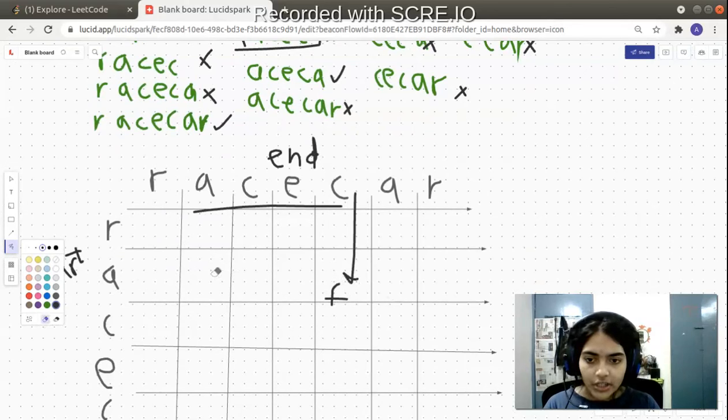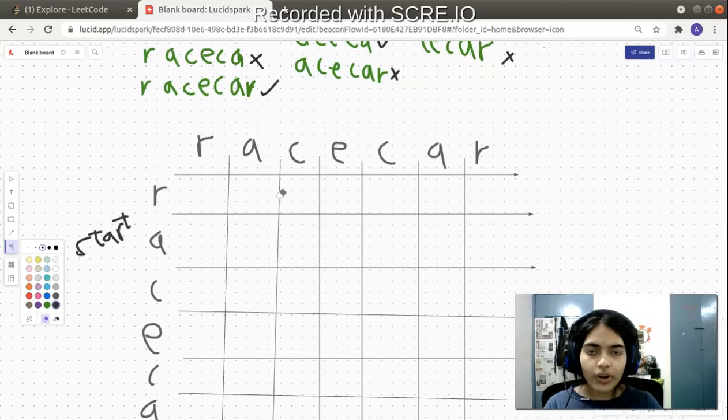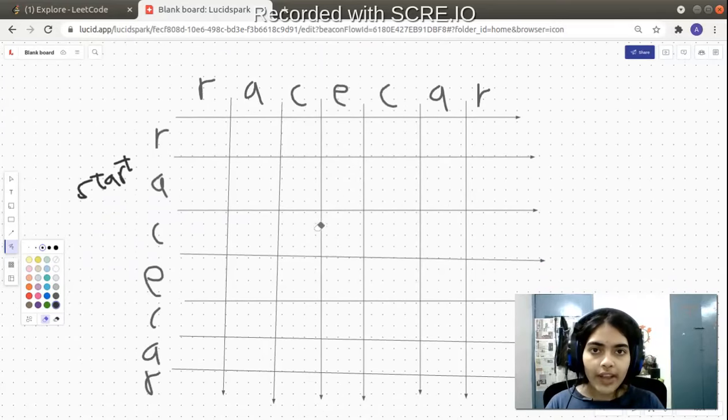This is my DP table, which is going to be boolean. I'm going to store true and false, and in the end I'm going to count the number of trues, and return that as my answer, because I have to count the total number of palindromes. Now we have seen the logic, but how do we actually build the DP table?